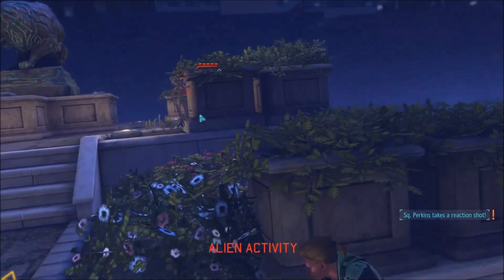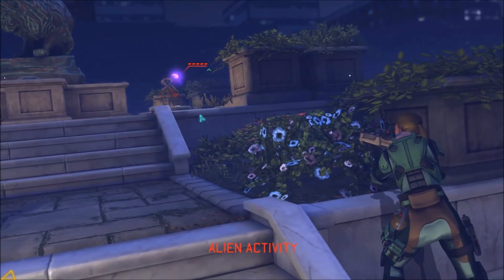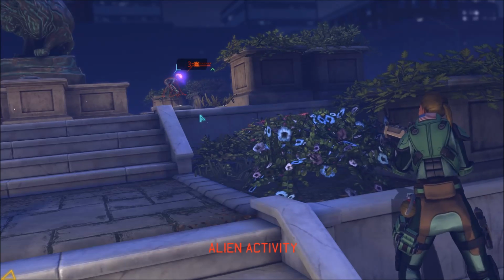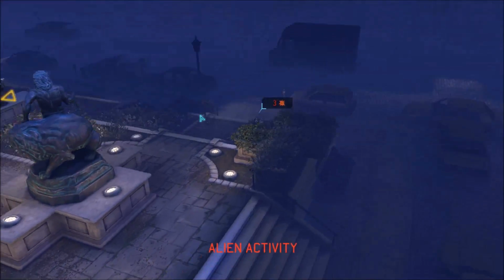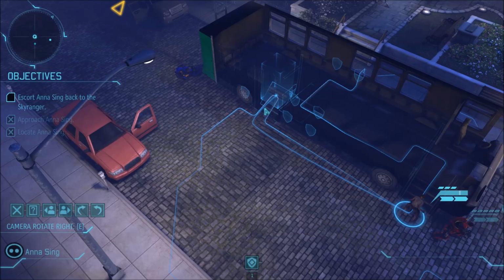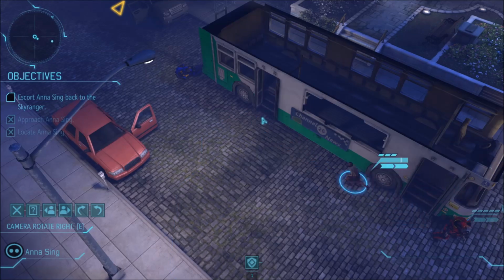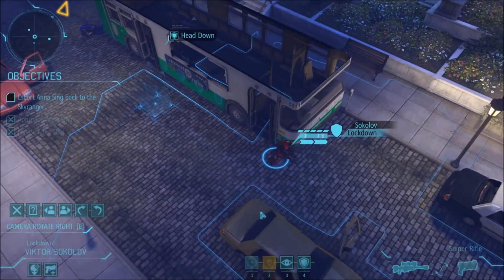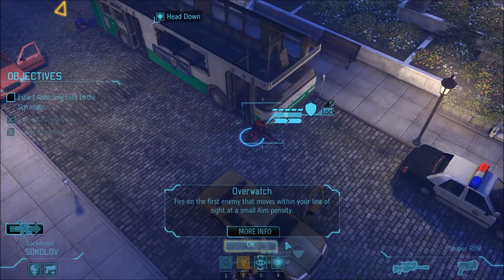So I put everyone on Overwatch. There's our gray. Now he peeks up. Now his climb right there is just enough move to activate our reaction shot. So that took that alien down by 3. So we're going to send Anna to the back of the bus and have her keep her head down. And we're going to start moving her toward the back,